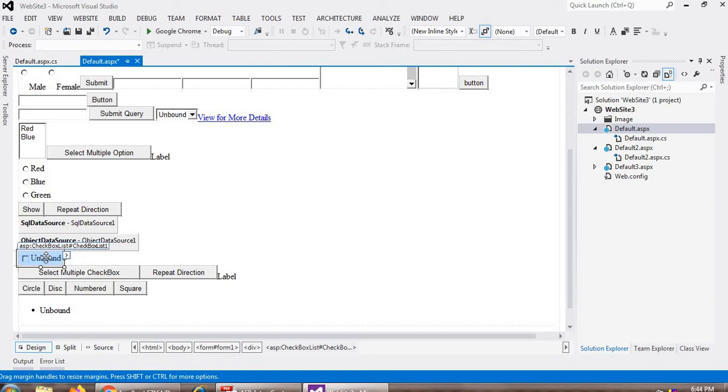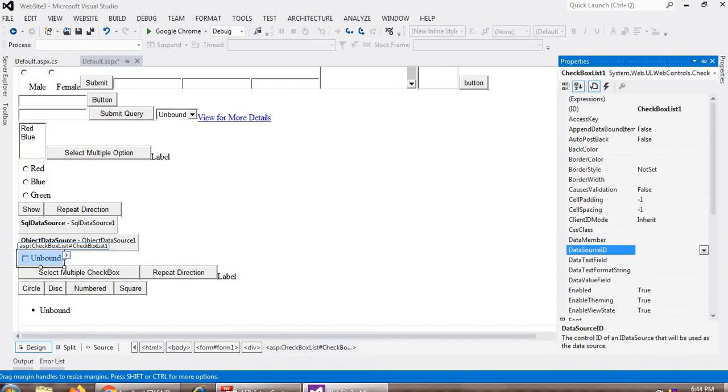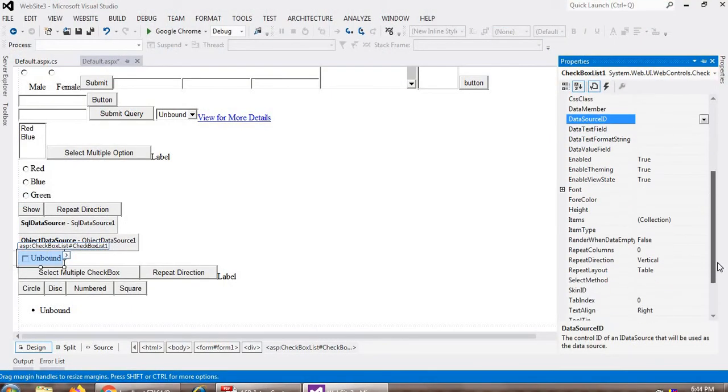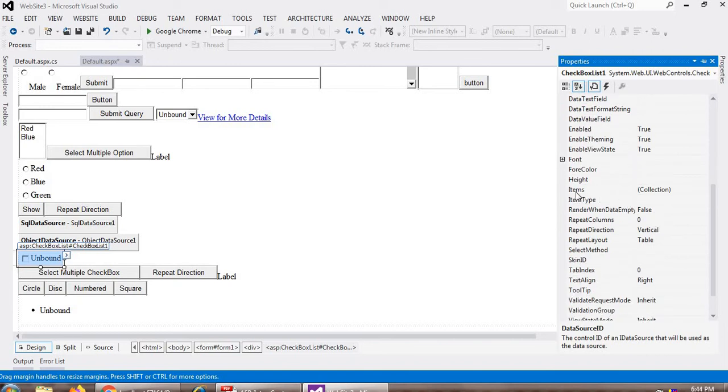Okay. And secondly, if I want to input some value at runtime, then how can I do it? You know that here if I select this and press the F4 button, then here the Items property is already there, right? When I select checkbox list 1 and press F4 from the keyboard, it displays the properties in the right pane, and you can see over here the Items property is already there, and this property is also available in a radio button.